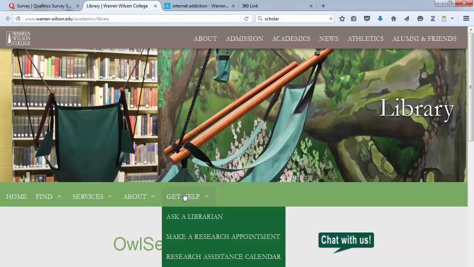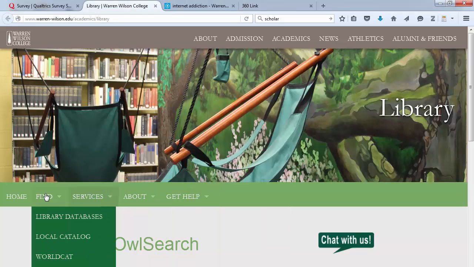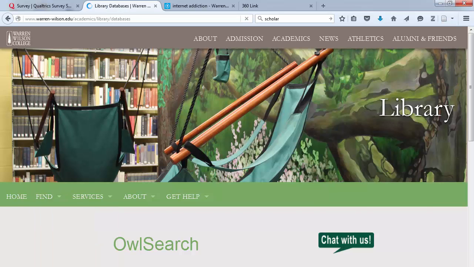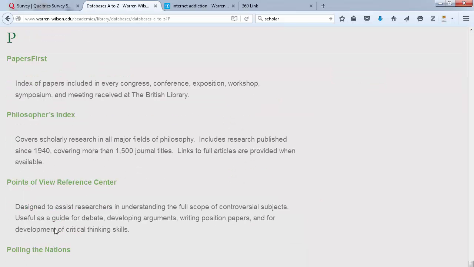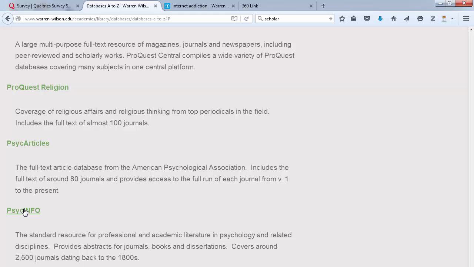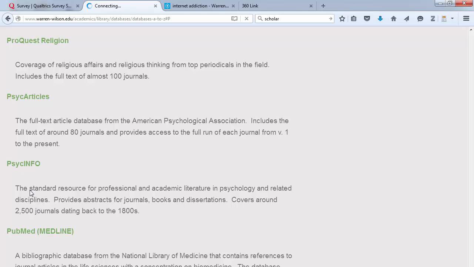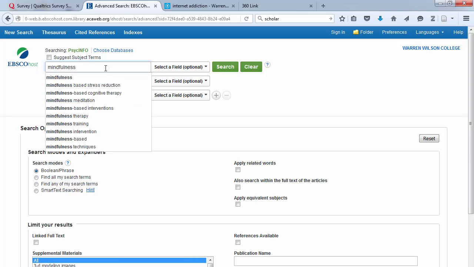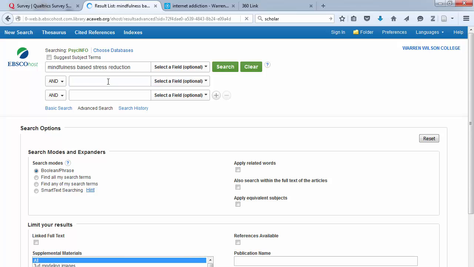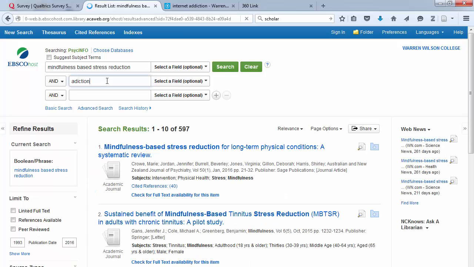Let's see here. Let's go back, and before I knew how to use the search, I would just, because I didn't know anything else, go over here and go to P, and because I'm a psych major, I would do PsycInfo, psych articles. I think I've used PubMed a couple of times, but PsycInfo is pretty much the one I always used. And I like this setup right here where it's one word and one word and one word. So I can just be like mindfulness and addiction,